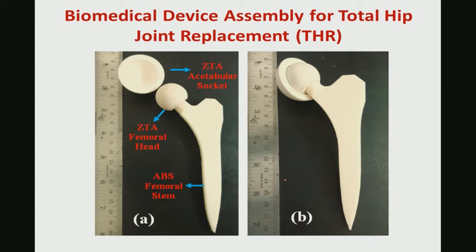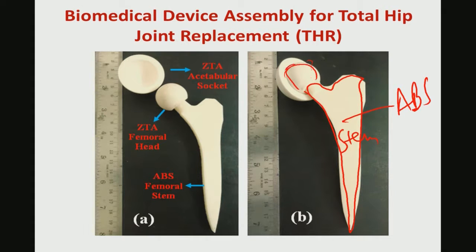Now, just to show how this entire assembly will look, you can make this femoral stem with the help of an ABS prototype polymer. Then you can make this stem prototype, put the stem prototype's neck into the femoral head here, and then with the femoral head you can see the geometric conformity with respect to the acetabular socket. So, this entire THR assembly, you can see with respect to the design file,